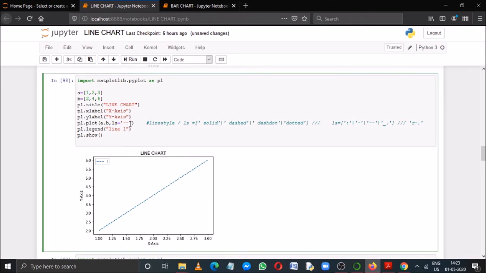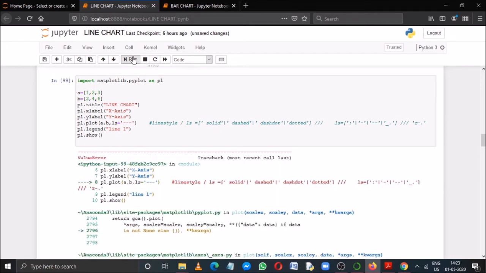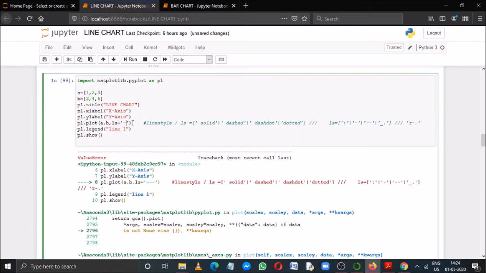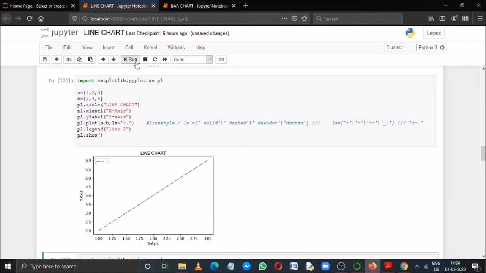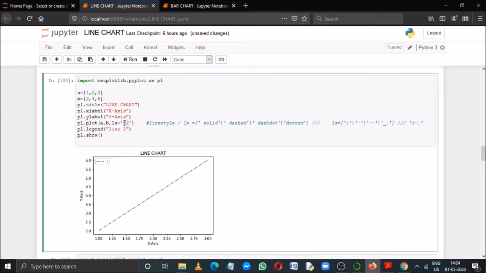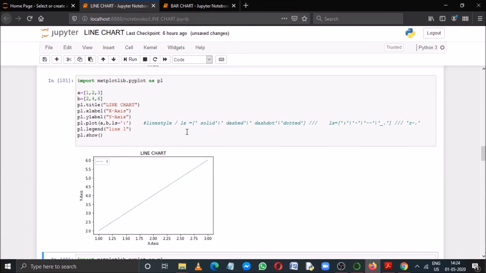But if you use 3 dashes, then you will get an error message. This is not possible. Now if you give a dash and a dot, then a dash-dot line will appear, and if you give here a colon, a dotted line will appear. So these are all the possible line styles.